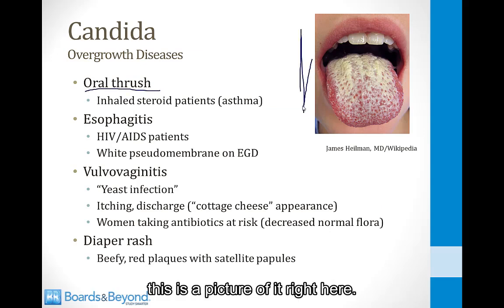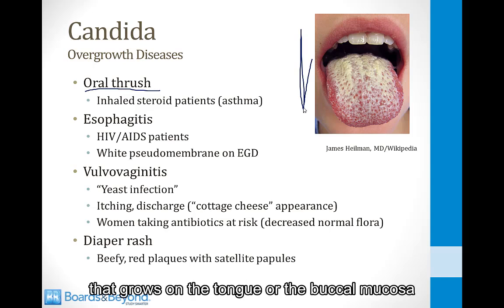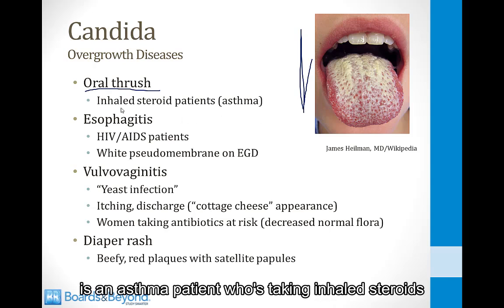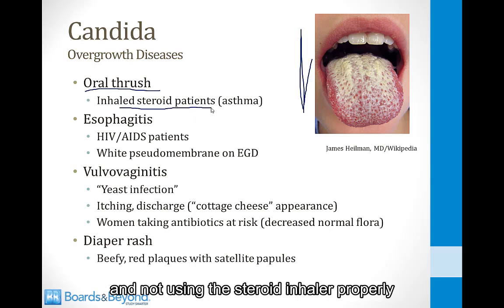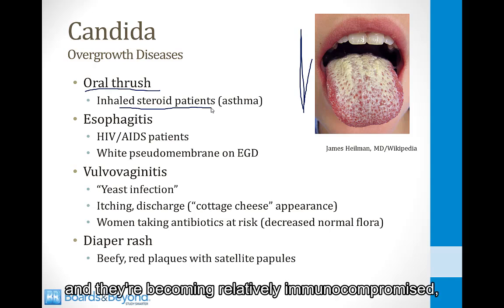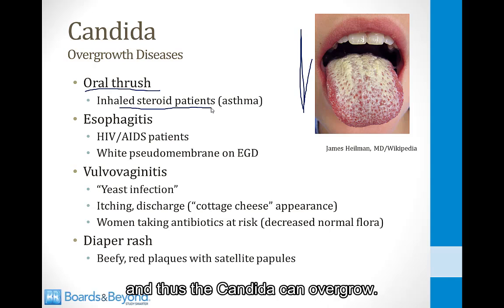This is a picture of it right here. It's a white plaque that grows on the tongue or the buccal mucosa or the back of the pharynx, and it's caused because the Candida, which is normally present there, has begun to overgrow. The classic patient to develop this is an asthma patient who's taking inhaled steroids and not using the steroid inhaler properly, and it's getting on their tongue and their mouth, and they're becoming relatively immunocompromised, and thus the Candida can